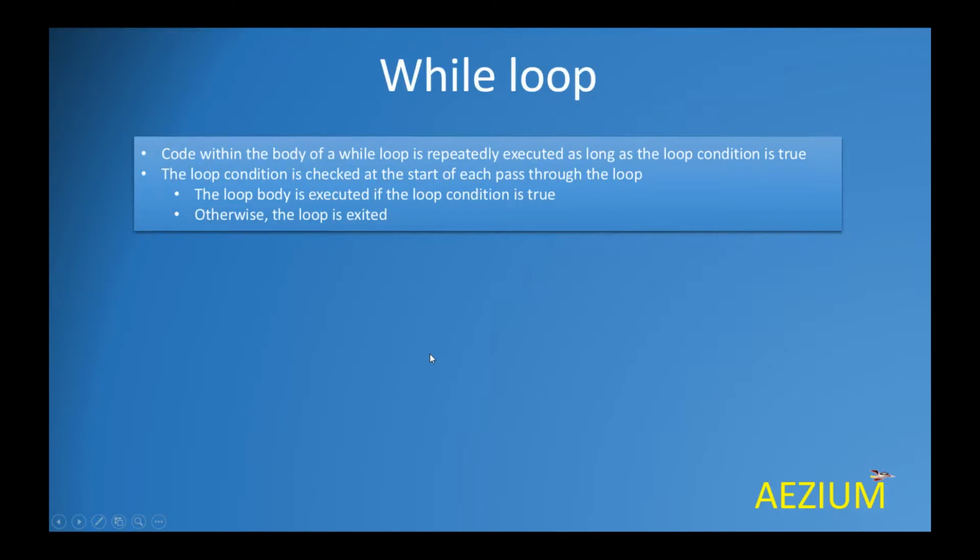With while loops, the body of the loop is repeatedly executed as long as the loop condition is true. The loop condition is checked at the start of each pass through the loop, and if the condition is true, the body of the loop is executed, otherwise the loop is exited. So the important thing is that with the while loop, the checking is done at the start of each pass